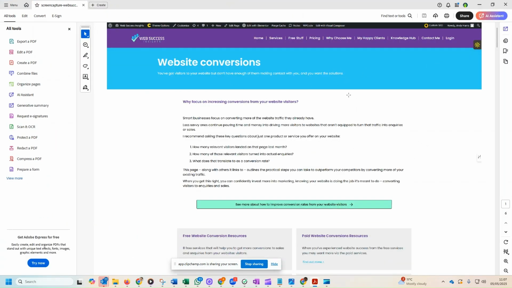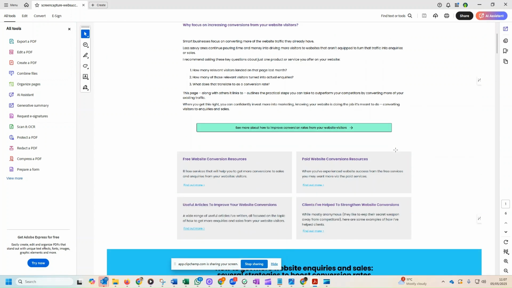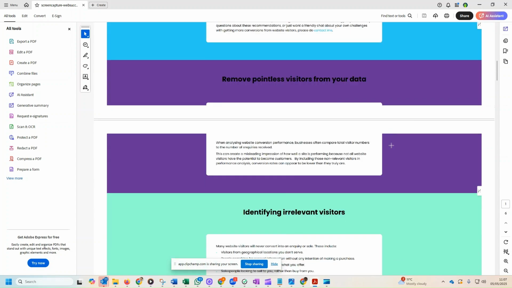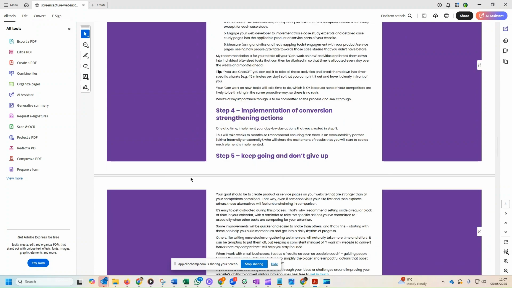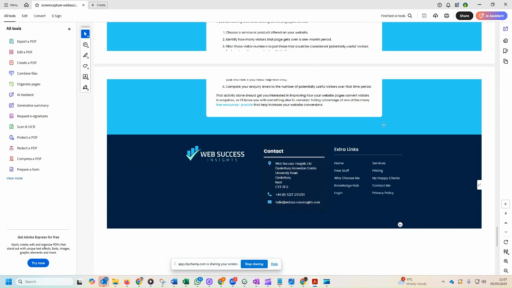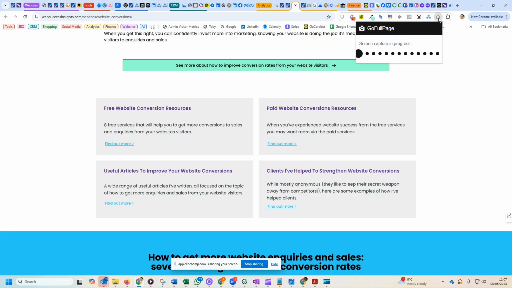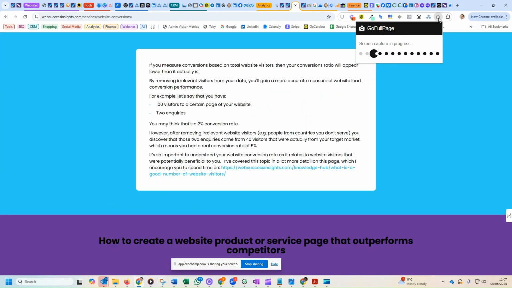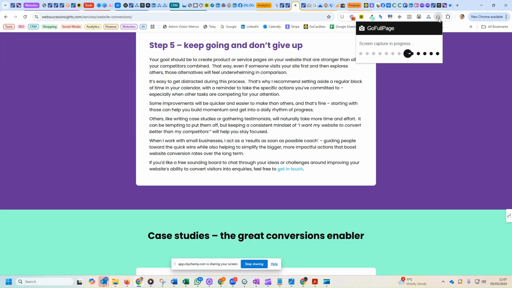And all it does is it takes a snapshot of the whole website page rather than you having to look at little bits of it. So this is sort of like what it was like before with all the text in it. It just splits up the pages here. And what we're going to do now is generate that again via this extension, which is useful to know. This extension is called Go Full Page. It's free. What it's doing is just taking screen grabs of the whole website page and it's going to put it into